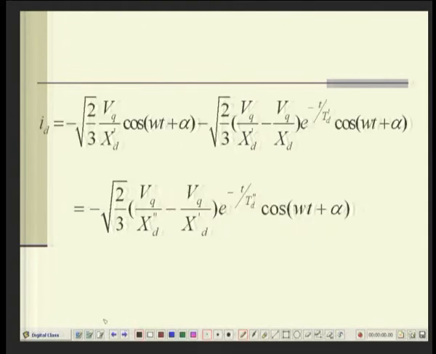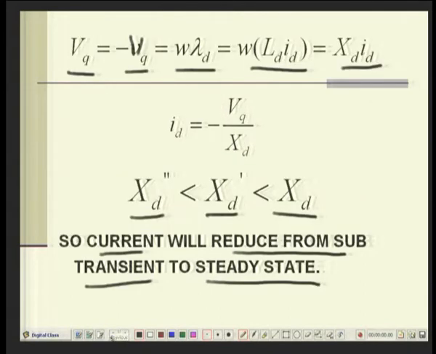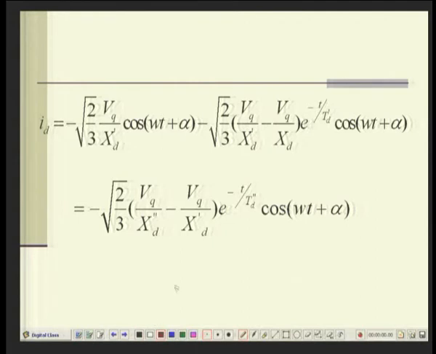So, current will reduce from subtransient to steady state, right, initially high value because same VQ. And ID will have the final expression, okay. ID will have what? So, initially, no, I think this is IA, is minus root 2 by 3 XQ cos omega t, okay, plus alpha, then this will be the steady, then there will be this value VQ by XT dash